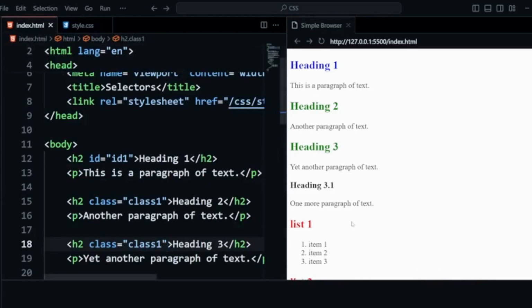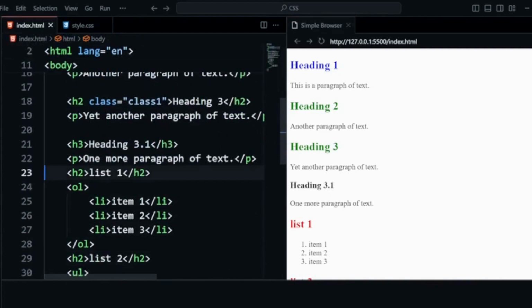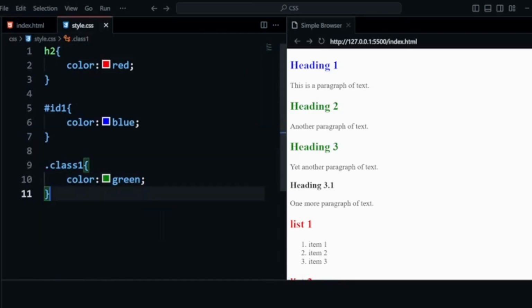Now, if I want to set the color of my H3, which is heading 3.1, and all my paragraphs to some color like pink, I can use a combination selector here. How to use it?